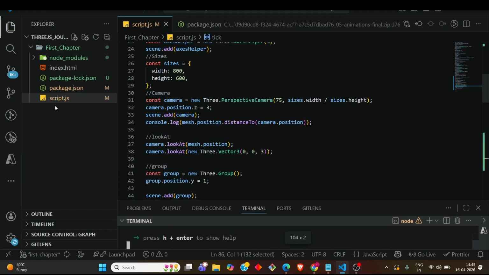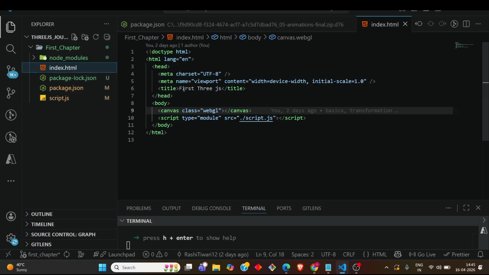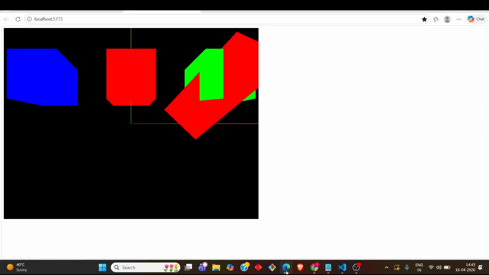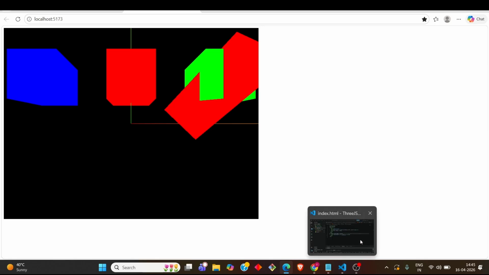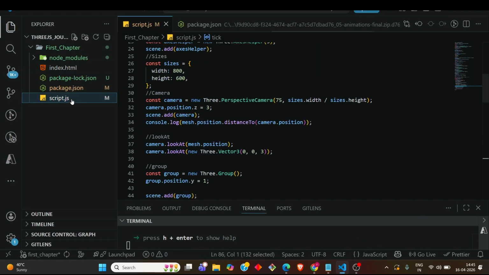So this is my VS Code and I have script.js and index.html and I am learning Three.js. So this is the website and in localhost this is how it looks. And if I reload it, simply this happens and I will just try to explain whatever I have mentioned in